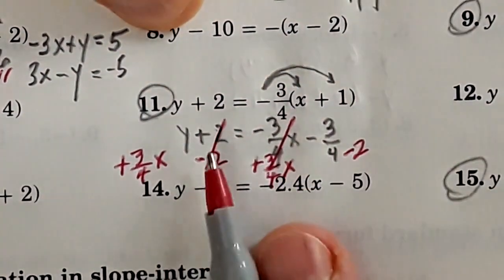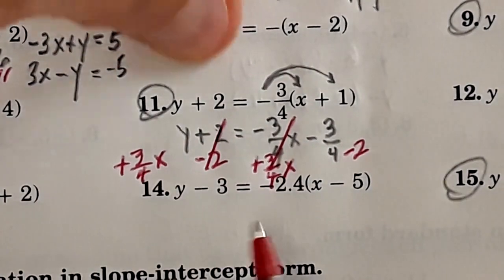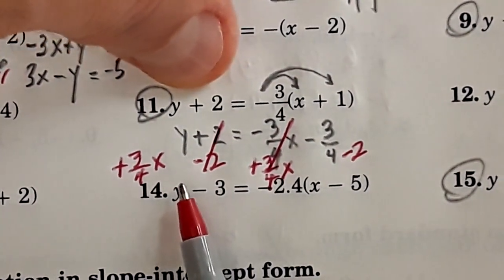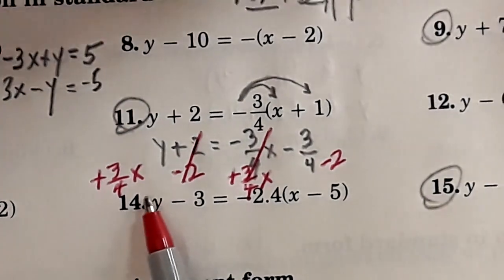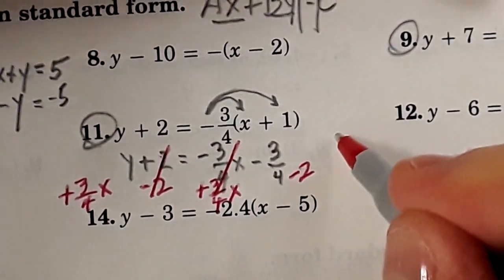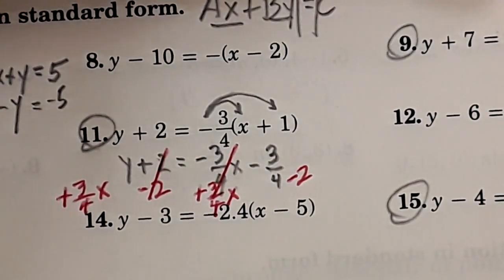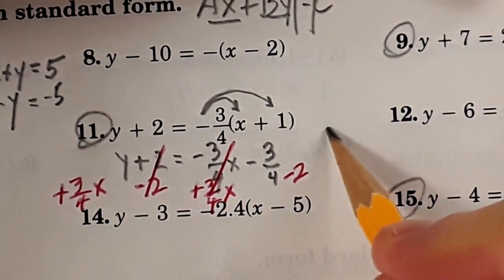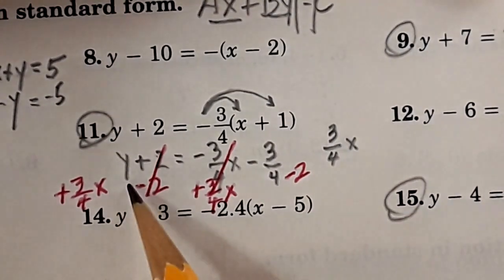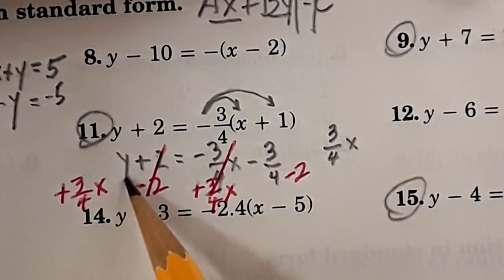This simplifies to 0. And so now I got to get some room here. I don't have much room. So I have 3/4 x plus y, right here,